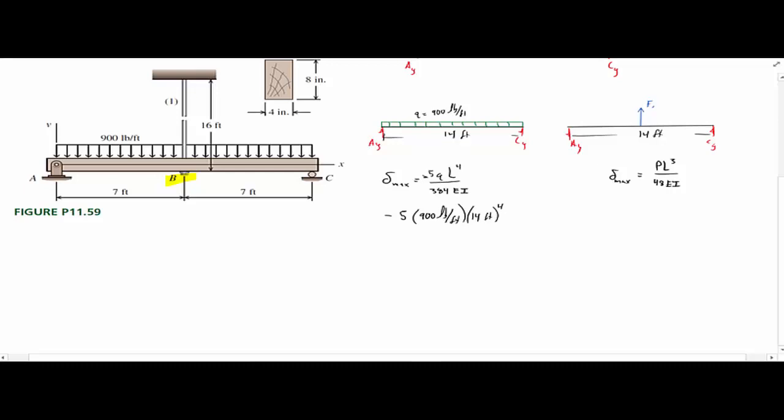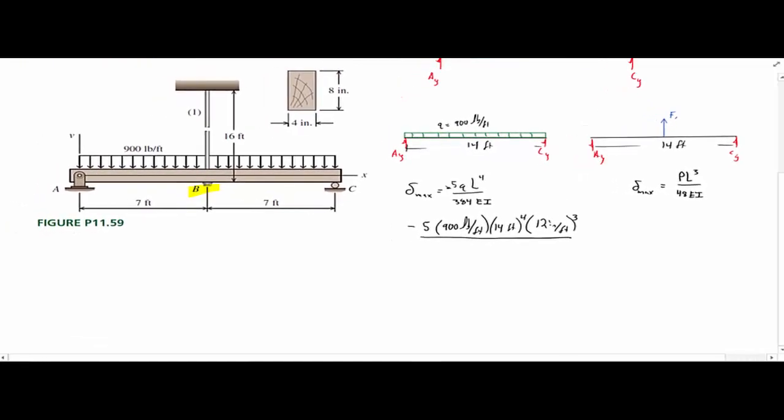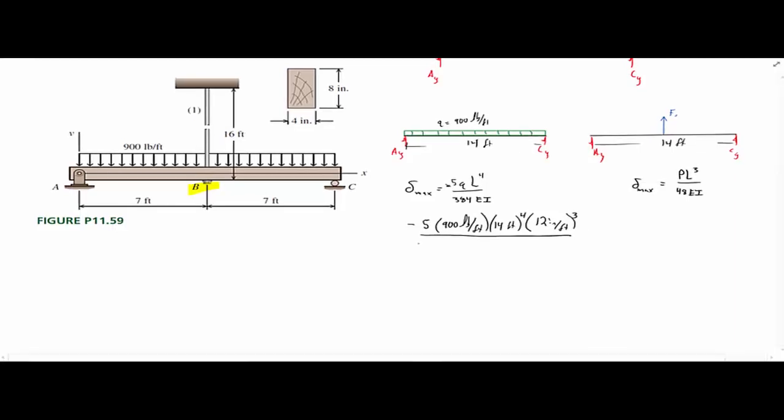So pounds per foot is going to take care of one of these, right? Because we have foot to the fourth, which means there's a foot cubed left. So we'll go ahead and do a conversion and multiply this to 12 inches per foot cubed divided by, and this will put everything in inches, so our modulus of elasticity and our moment of inertia will all be